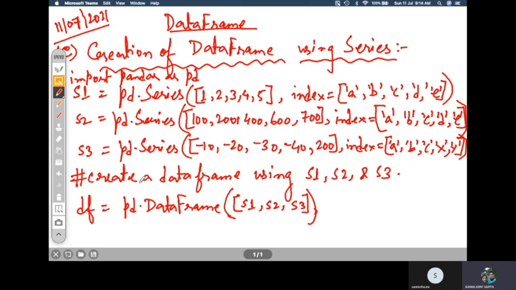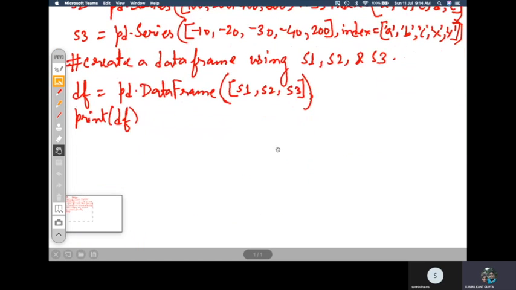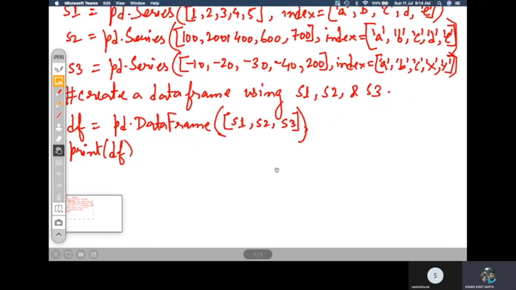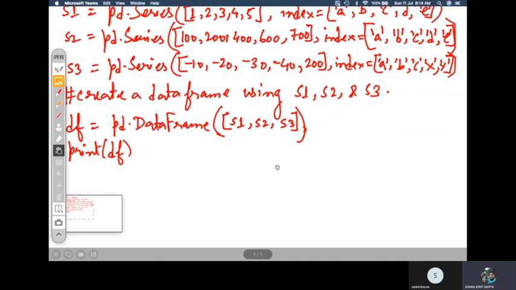Now can you tell me what will be the output if I'm going to print df? Because this is the whole series.